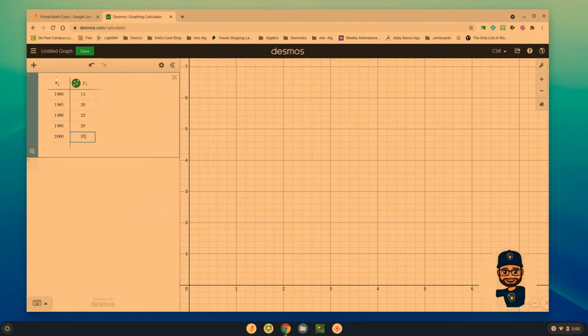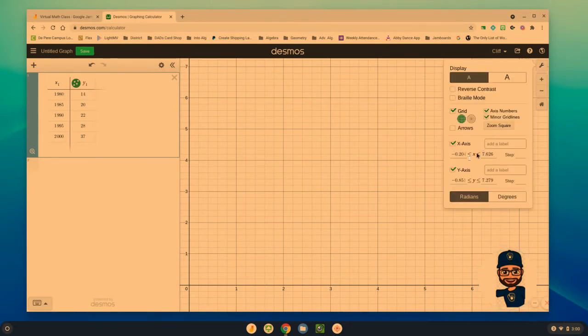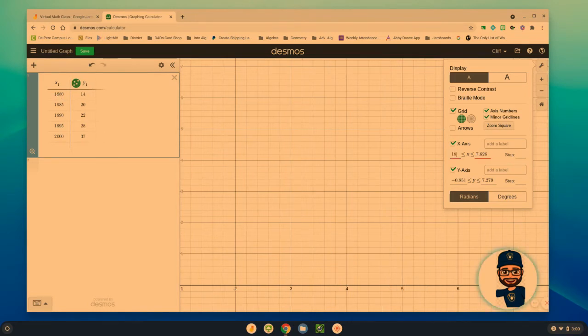But the X values start at 1,980. And the Y values start at 14. So I'm going to go up to this gear, and I'm going to change the X-axis. So I'm going to get rid of all of that. The smallest year was 1980. So I'm going to start at